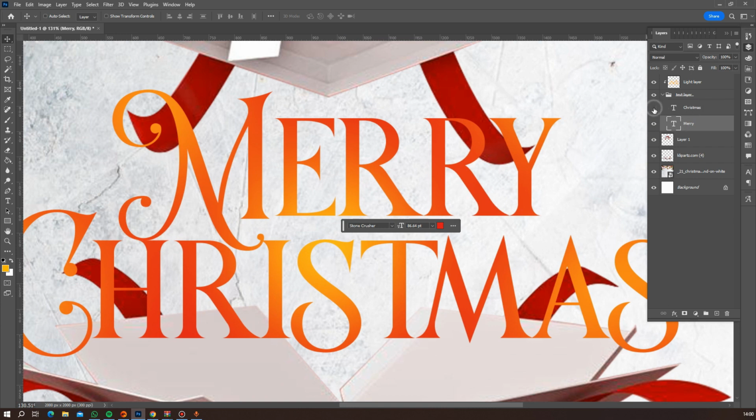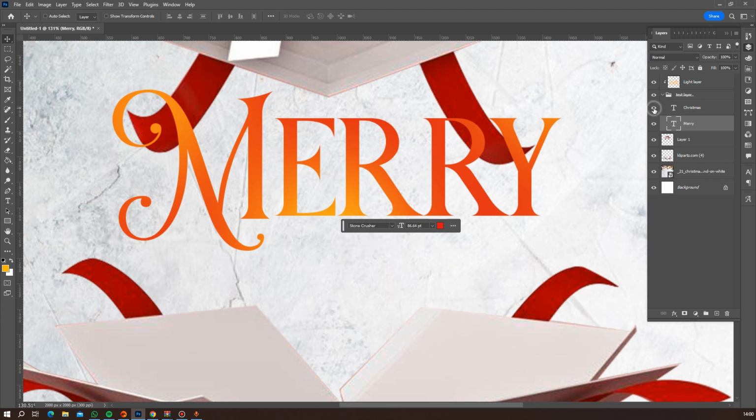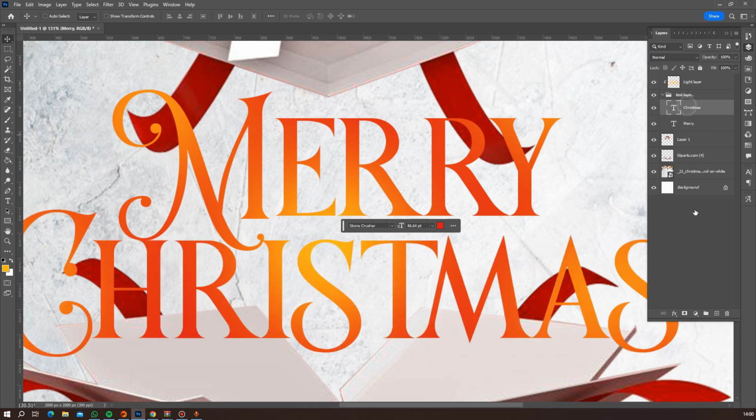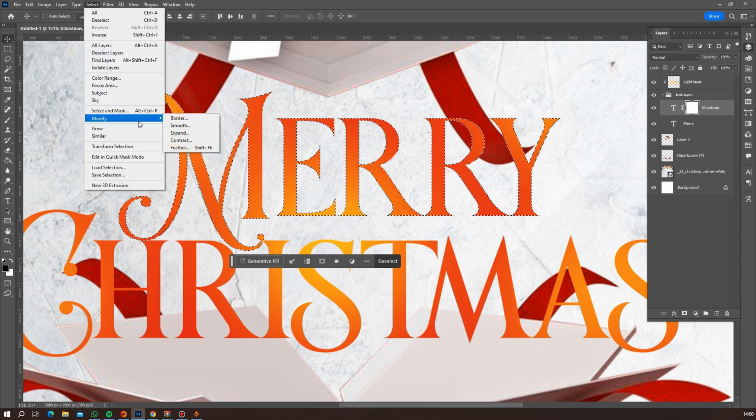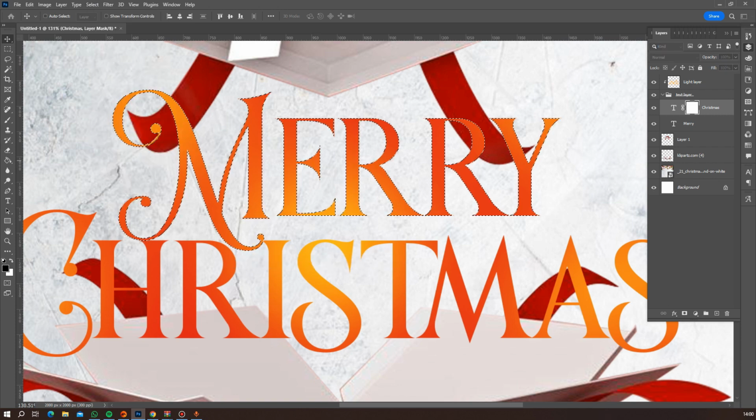layer mask on the Christmas text layer. So let me create this, and then while holding Control, I'll hit this text icon here. And then what that does is that it makes a selection of the text. So what I want to do is I want to head over to select, modify, and then expand. And then I'm just going to be using